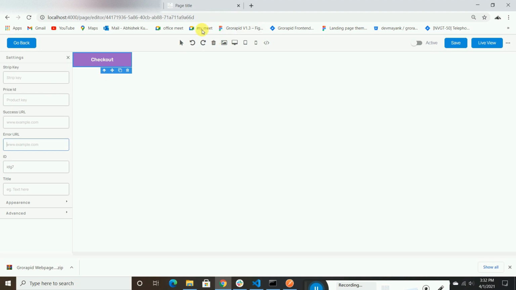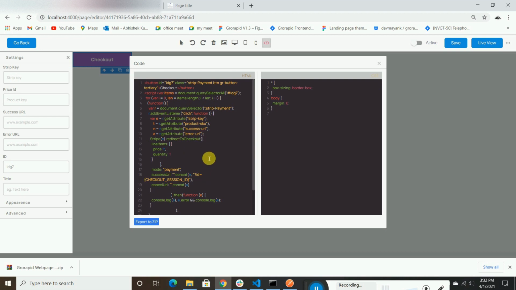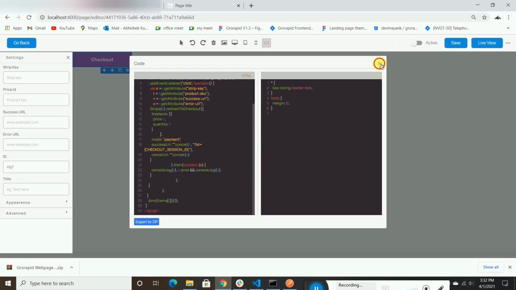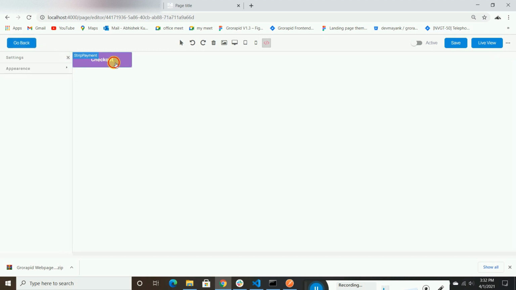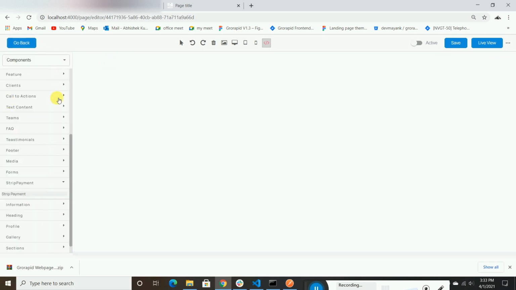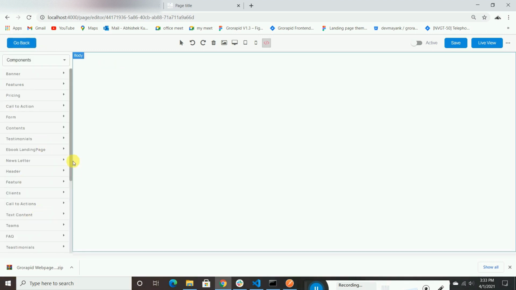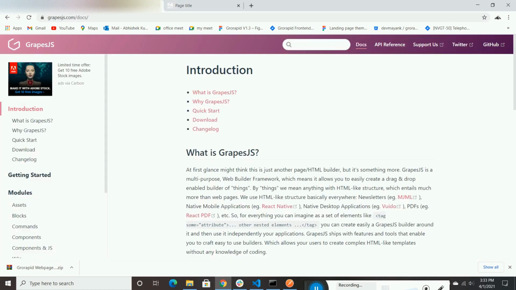So I did research for this, and also I did research for this export. And there are also a lot of plugins in that web page builder that you can use for customizing it. So a lot of things inside that you just need to learn first. So I'm gonna make the tutorial soon on this GrapeJS library, and if you want to learn, just stick with